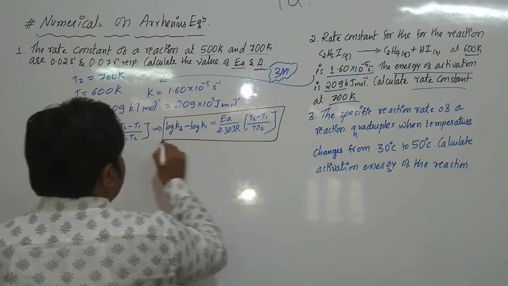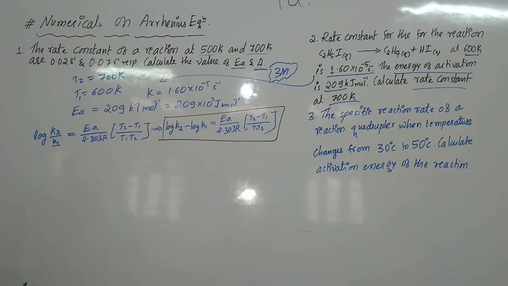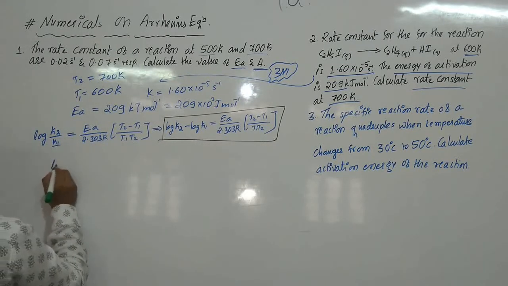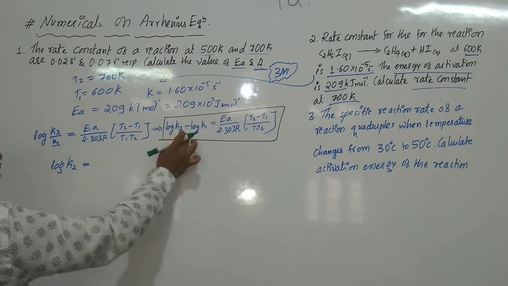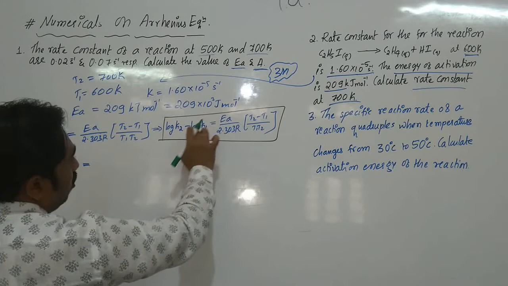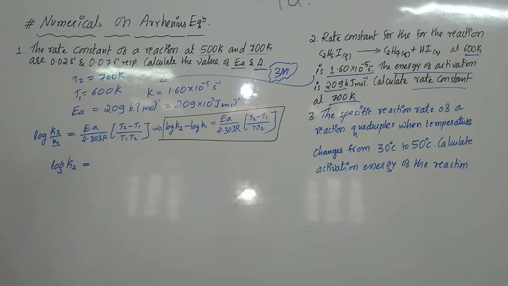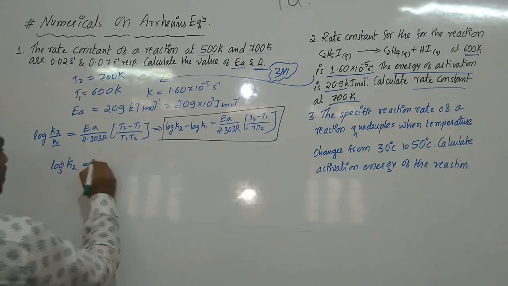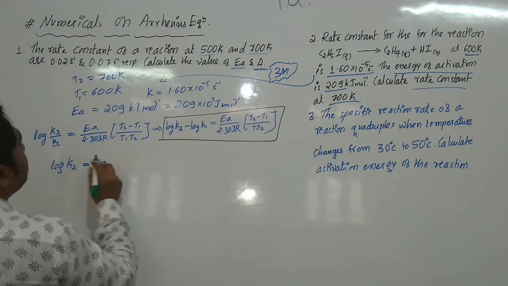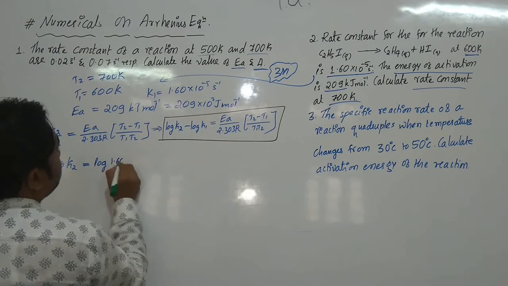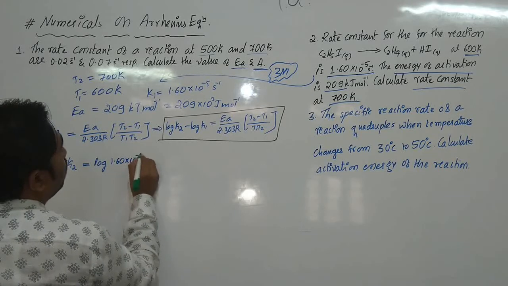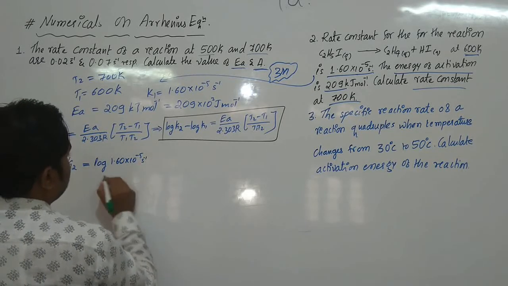Let us use this equation. Log K2 is equal to, we don't know, log K2 is equal to what? Log K1 goes to the other side, so it becomes plus. Log of K1, this is K1, is 1.60 into 10 to the power minus 5 per second